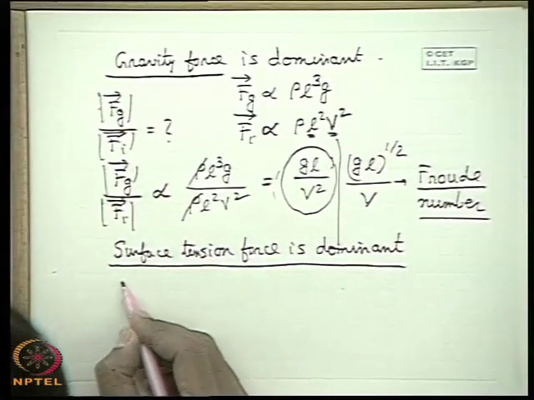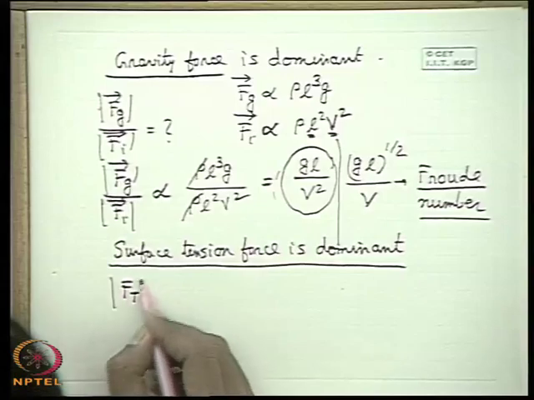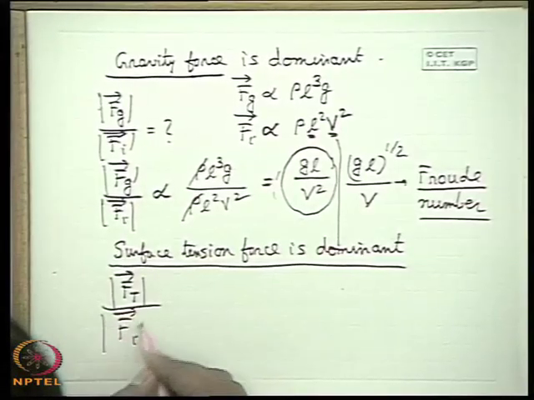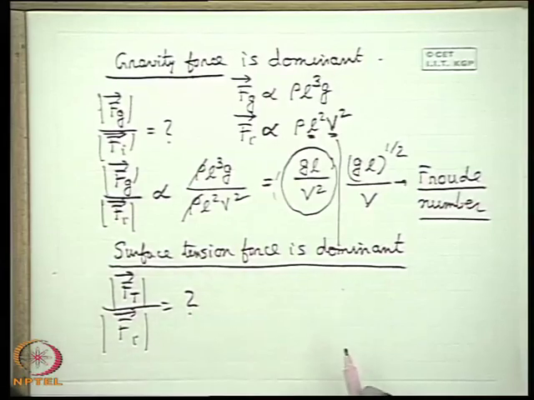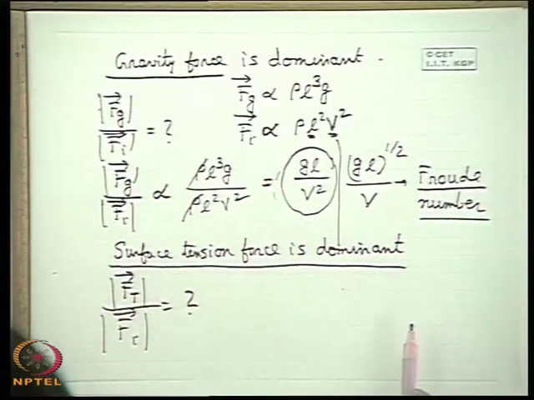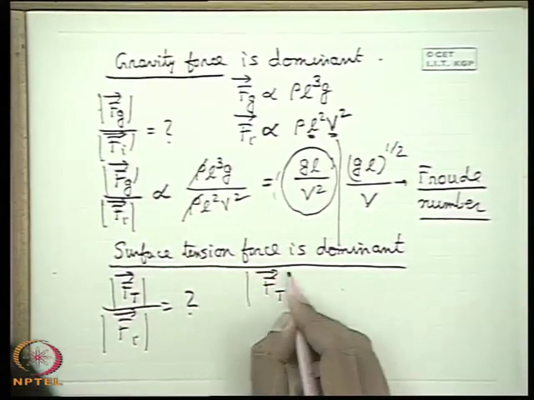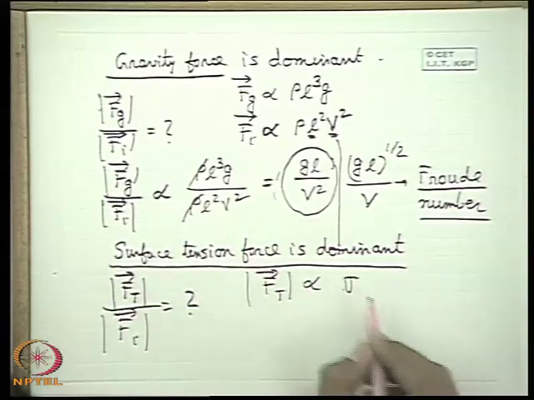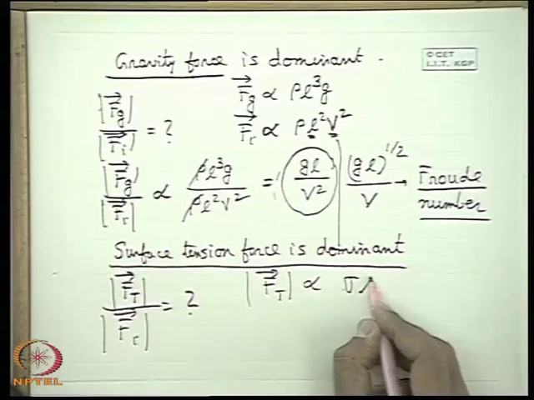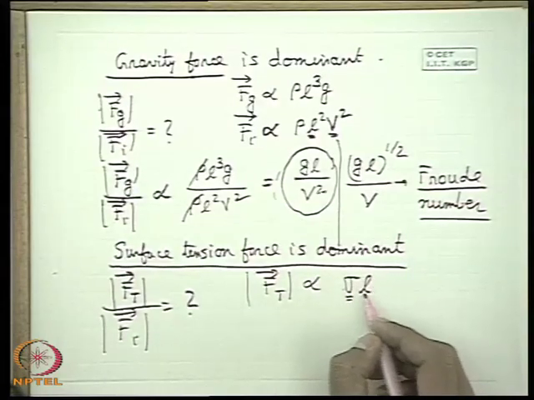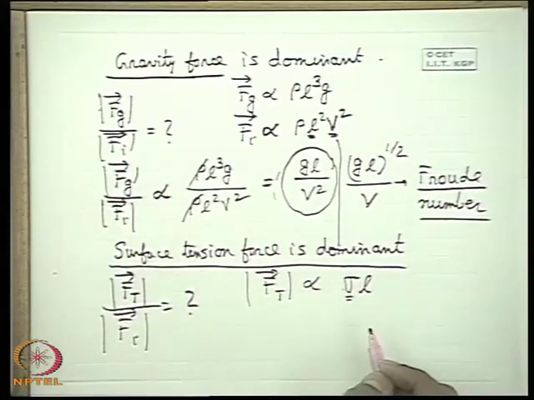So, now here also for dynamic similarity, the magnitude ratios of surface tension force to the inertia force have to be made constant for the two systems of the same physics, that means dominated by surface tension force. Now again, what is the surface tension force magnitude? This is proportional to surface tension coefficient sigma into some characteristic length. You know the surface tension coefficient is defined this way, that we have read earlier, that is force per unit length, times the characteristic length defines the surface tension force.